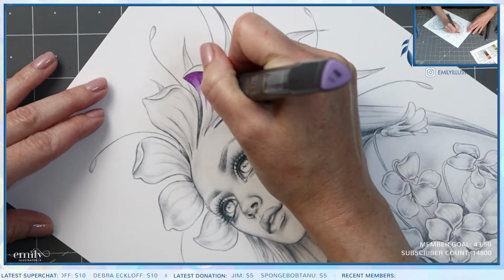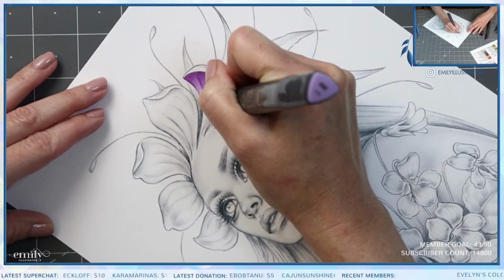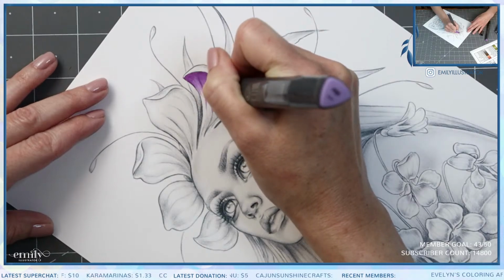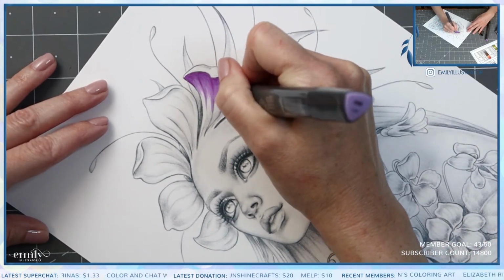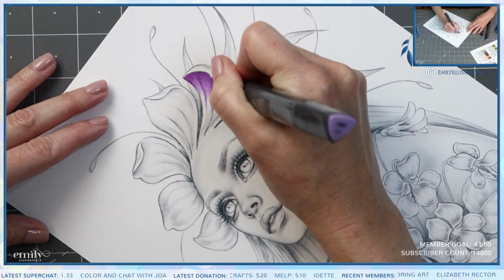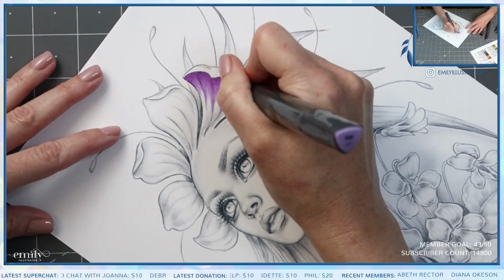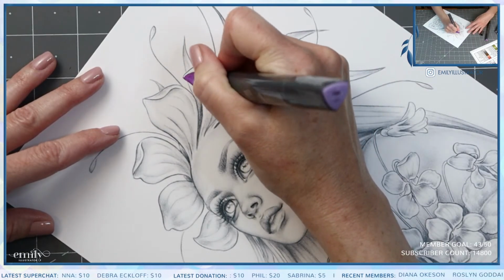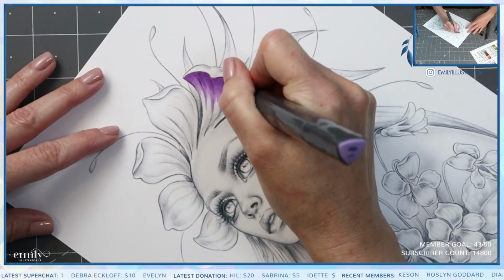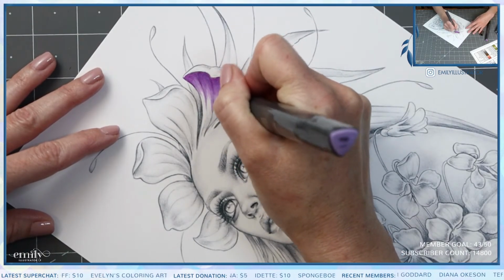The brush nibs just make all the difference. They still haven't come out with the refills yet, but changing it to the brush tips definitely made a difference. Okay. So the hope is to create a seamless blend, but...